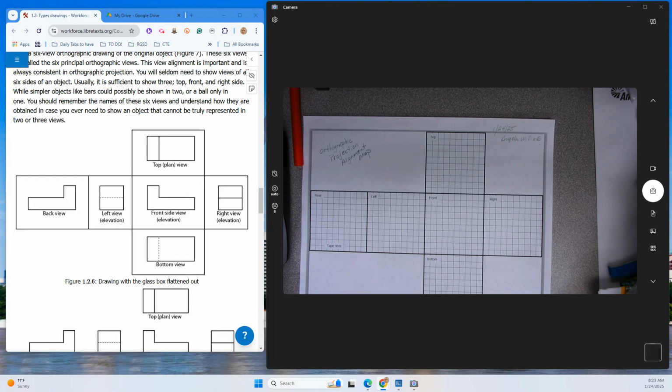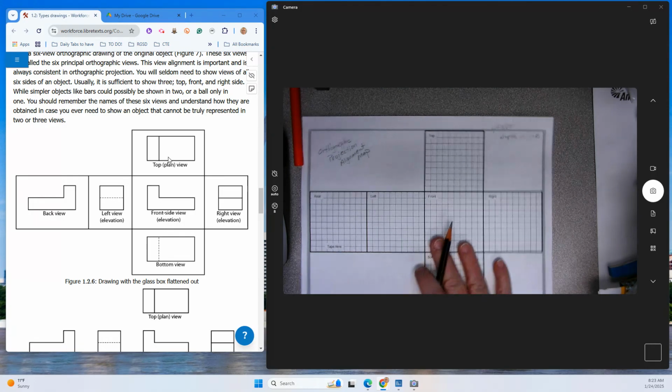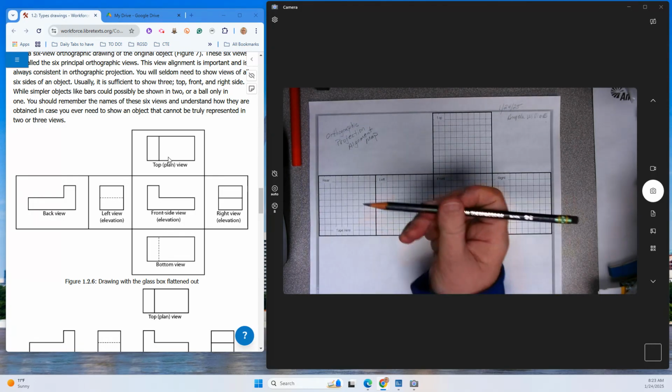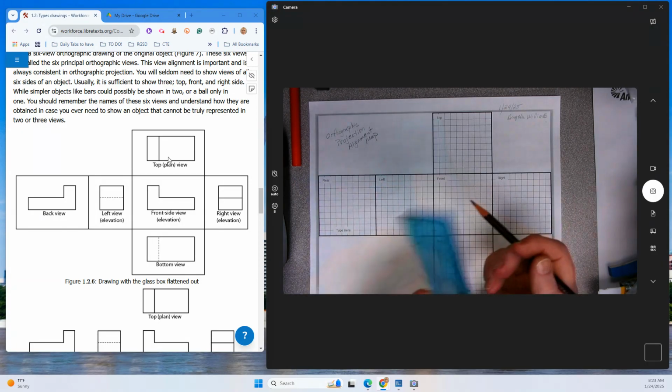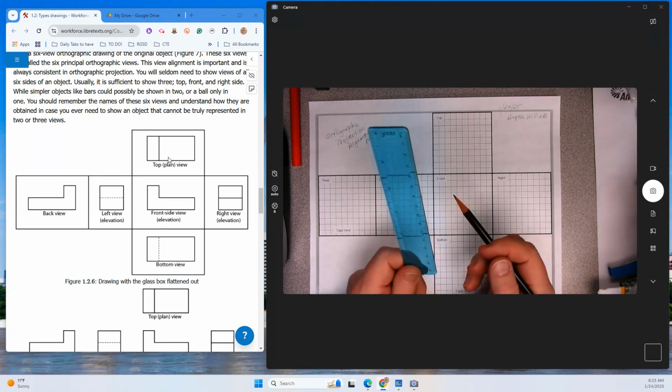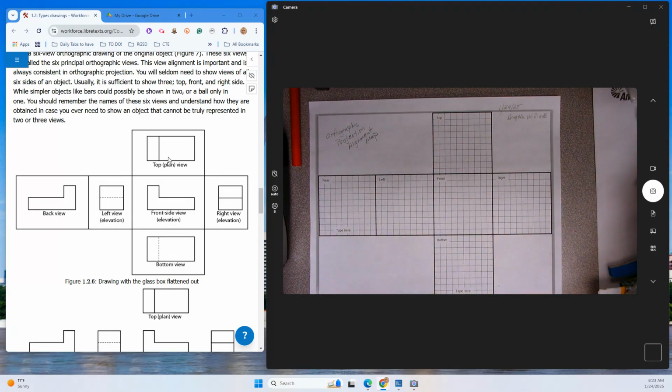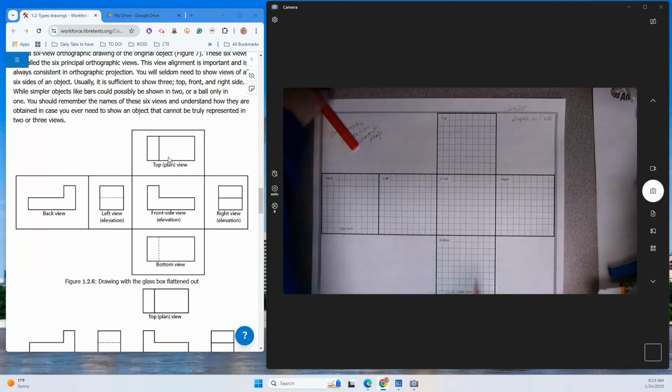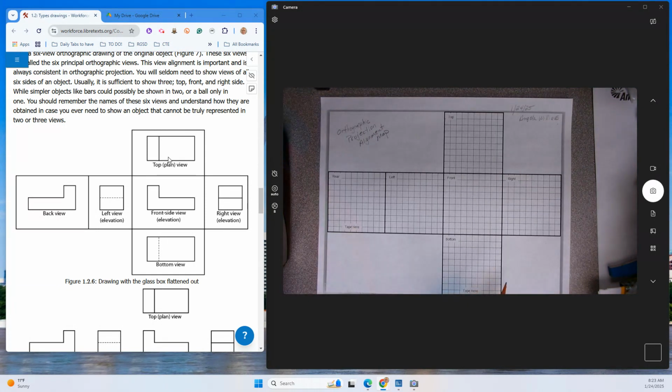All right, our orthographic projection alignment map. You're going to need this paper. You're going to need a pencil. You're going to need a ruler, aka a straight edge. All right, so let's get started. We're going to reproduce